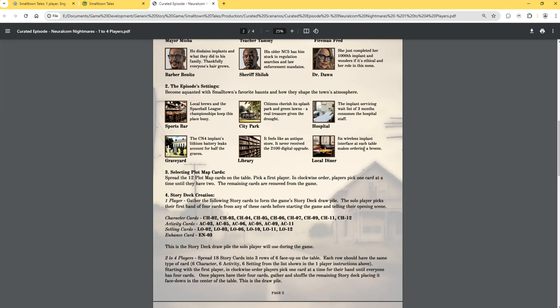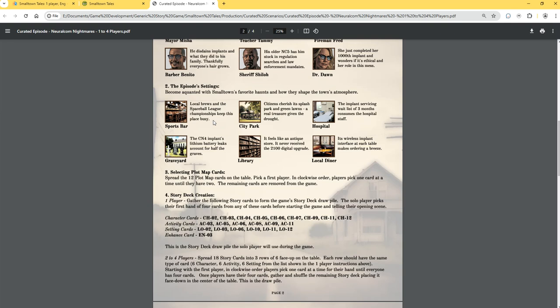These are some of the places in Small Town. Small Town is in the backwaters. It's still a rural town. And there are people who have died in the cemetery because of implants. The hospital has a 3-month waiting list for people to get updates to their implant. There's a park that people like to go to because it actually has green lawns, and there are trees, where the drought that has hit for over 100 years has killed off most of the trees. So the community pooled together to make a park where people can actually enjoy what grass is. Of course, you're not going to get rid of a sports bar,